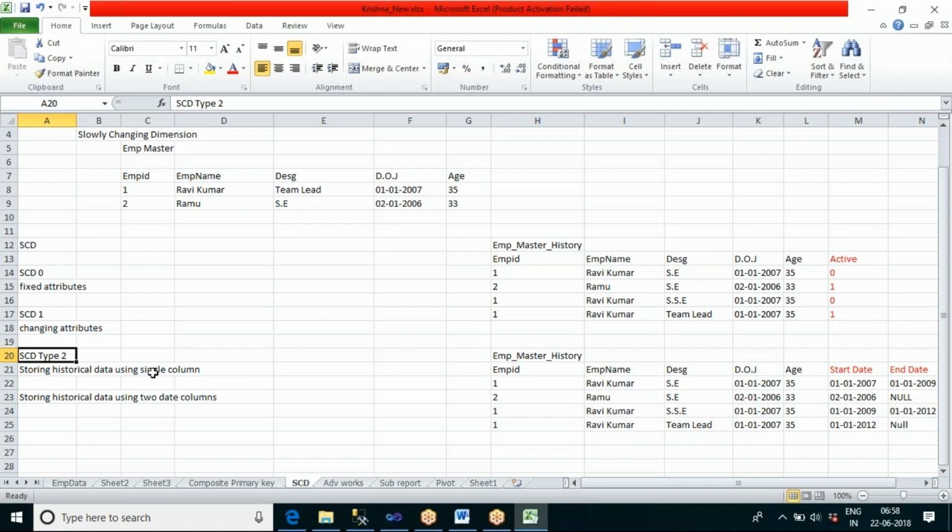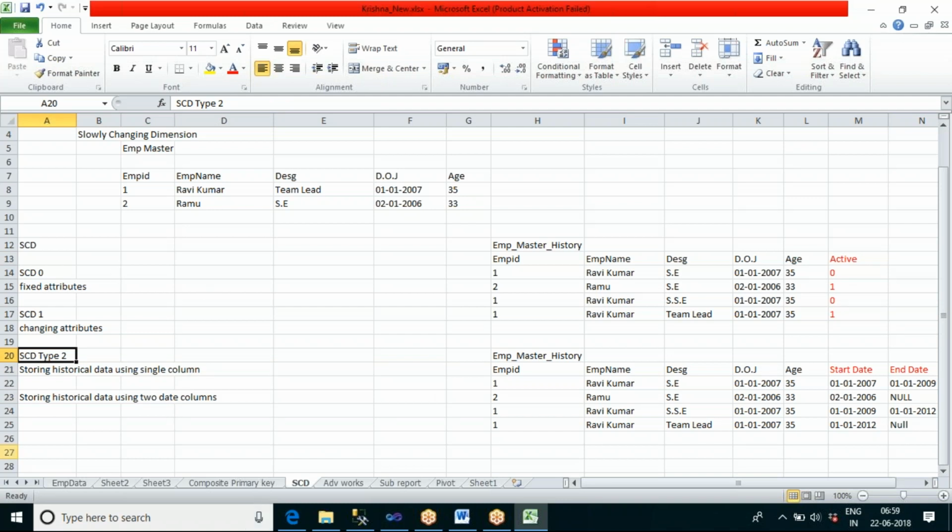Under SCD 2 again there are two types: maintaining the history using a single column, that is the active column, or using two date columns.